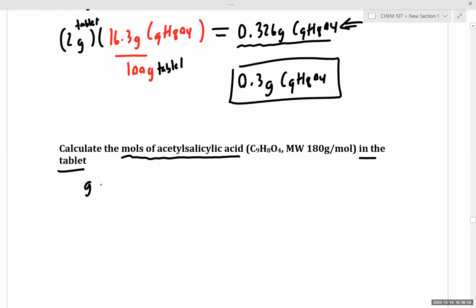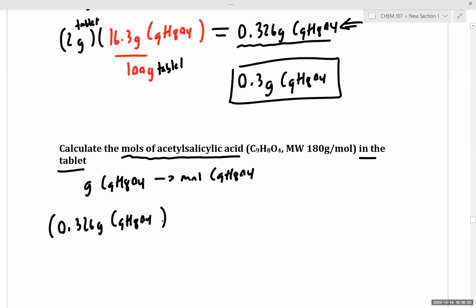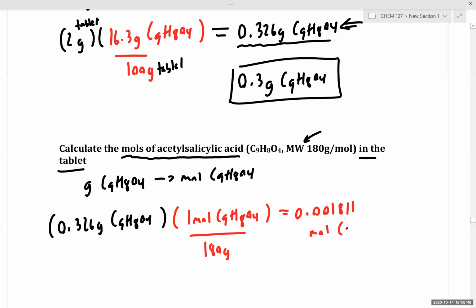So in this case, we're asked to convert from the grams of acetylsalicylic acid to the moles of acetylsalicylic acid. Given that we have 0.326 grams of compound, and we're given that the molar mass is 180 grams per mole, we know that in 1 mole of acetylsalicylic acid, we have 180 grams. So plugging this in, we have 0.326 over 180, and that gives us 0.001811 moles of